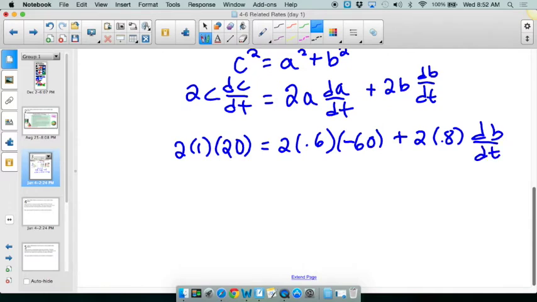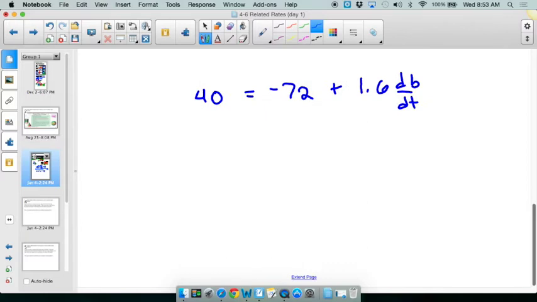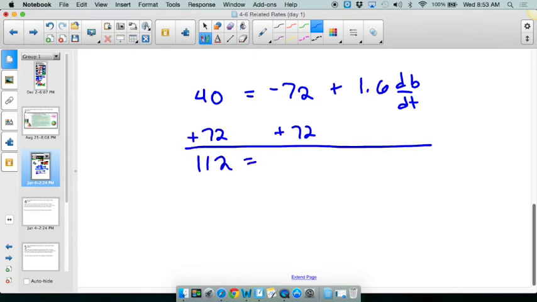Okay. All right, and then we crank and math and etc., right? So this ends up being 40. This ends up being something. Let's see, this is 1.2. You would get a calculator for these sort of negative numbers. 72. Thank you. It's a little much for me. And this ends up being 1.6 dB dt. Okay. So a quick little algebra maneuver here, and we end up with